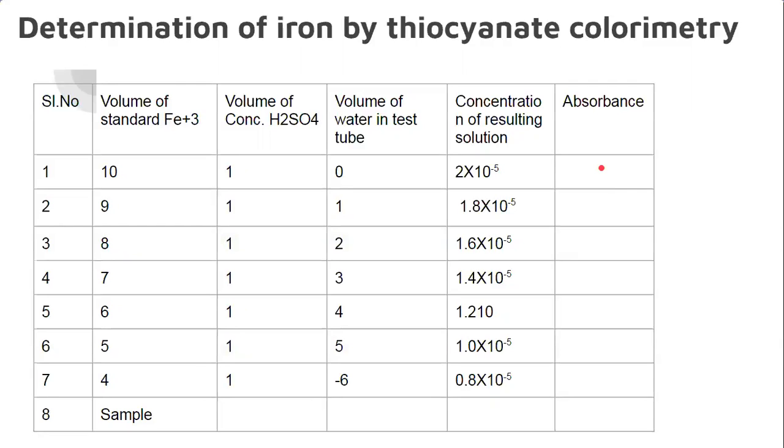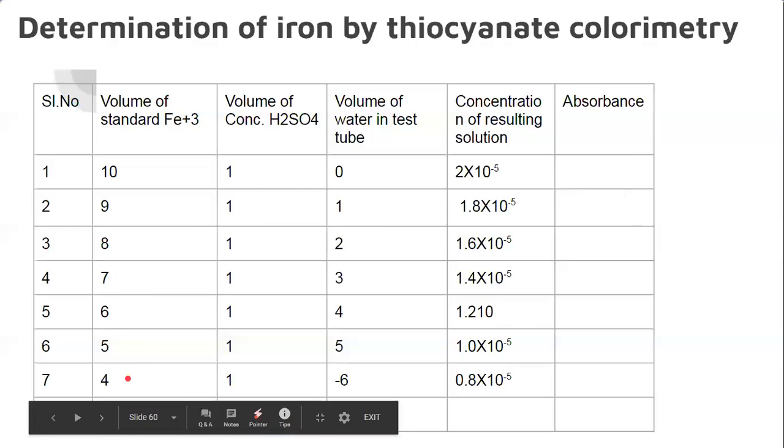If any impressions or impurity are present on it, what happens? The distance traveled by the light, that is L, may vary. If that varies, the absorbance also changes. So to avoid that, we need to wrap the cuvette before inserting it in the sample holder. After wrapping, we place it. By placing the various solutions up to 7, we record the absorbance.